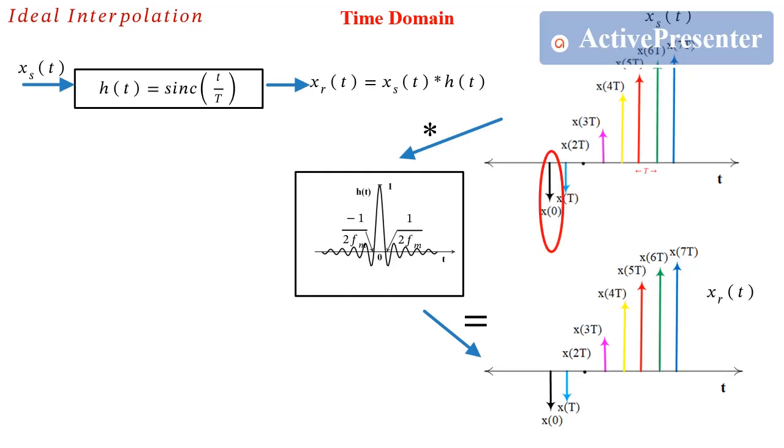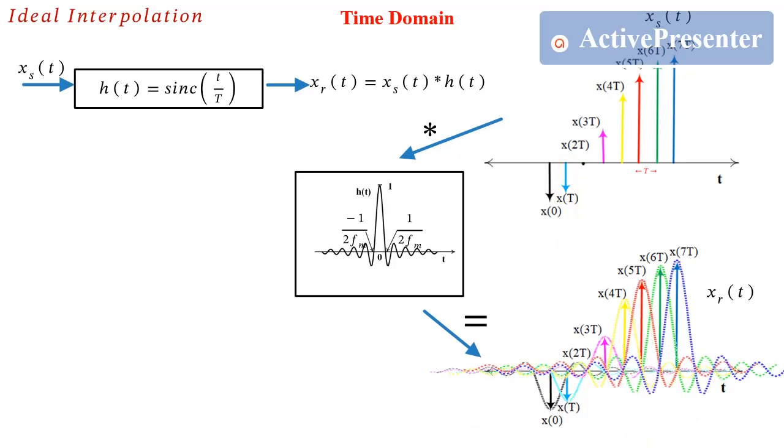So, when the black impulse convolves with the sinc pulse, the result is this black sinc pulse, which is now located at the position of the black impulse, and the height of this black sinc pulse is not 1, but equal to the strength of the black impulse, which is x(0). We can observe that since the black impulse has negative strength, the sinc pulse also has a negative amplitude. Similarly, when a cyan-colored impulse convolves with the sinc pulse, we get this cyan-colored sinc pulse that has the location and strength of the cyan impulse. As we move on, we obtain as many sinc pulses as there are samples.